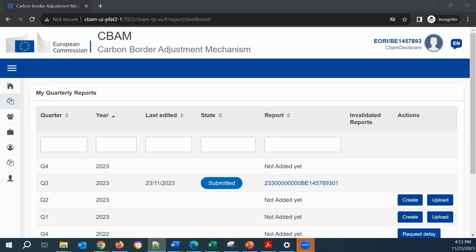So it is quarter 2 of 2023. I will save my XML.